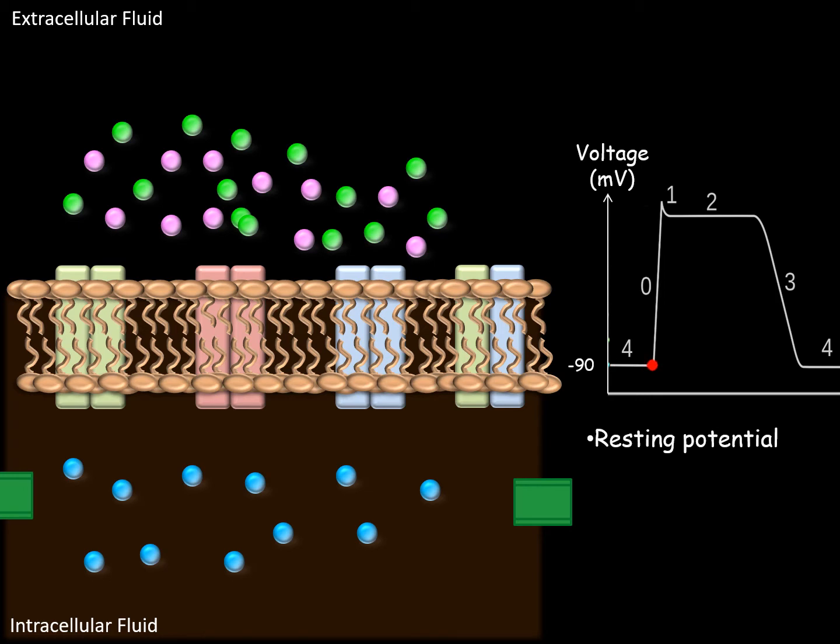Now before going to the action potential curve, just remember this basic state, the original state of the ions in the action potential. You can see green sodium ions and purple calcium ions are outside the cell, whereas potassium ions are inside the cell. Sodium calcium outside the cell and potassium inside the cell. We have to get this original state back after the action potential. Now let's start with the action potential curve.